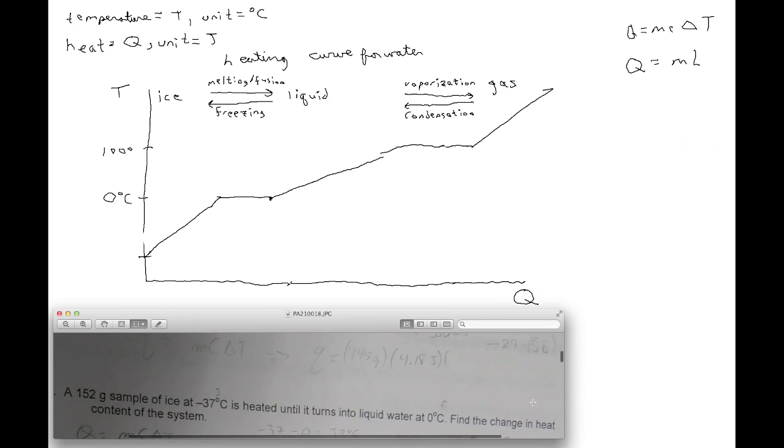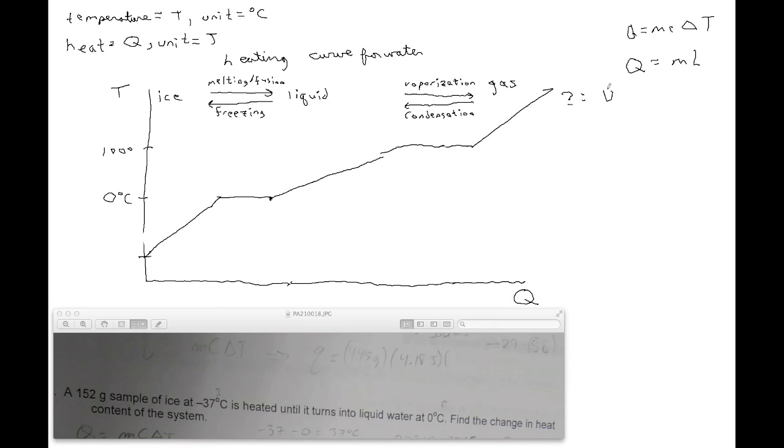Now we can use Q equals mc delta T. Well, also, we're initially starting from negative 37 on the heat curve of water, and then we're heating it until it turns into ice at 0 degrees Celsius. That's the first step. And then we add a little bit more energy until it turns into liquid. So it's going to be a phase change then from ice to liquid water, and that we would have to use Q equals ml. So Q equals mc delta T,